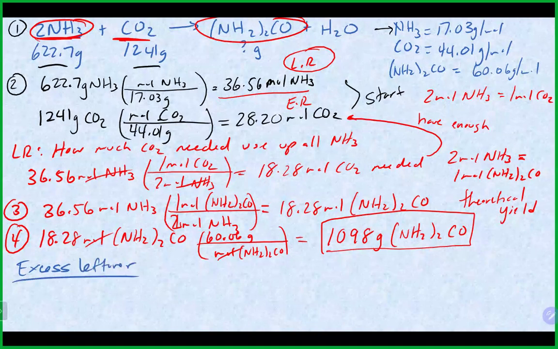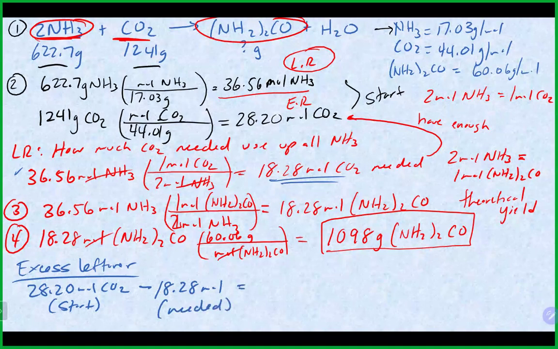So because we chose kind of correctly here, we already know how much of our excess reagent we need. And we know how much we started with. So we started with 28.2 moles of CO2. We need to use 18.28 moles of it. That's how much is needed. And that would get us 28.2 minus 18.28, 9.92